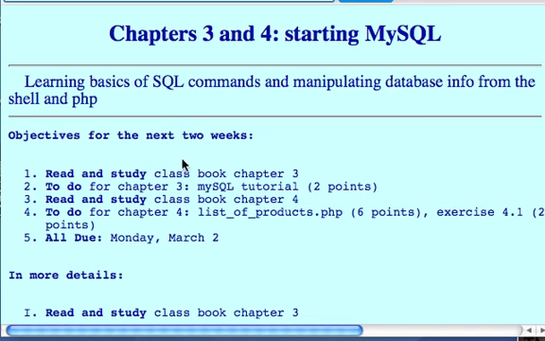Hello PHP folks, we are starting MySQL chapter 3 and 4. You're going to read chapter 3. There's a tutorial that we'd like you to do with 2 points. It should get you started. And your first major program will be for chapter 4, and it's going to be called